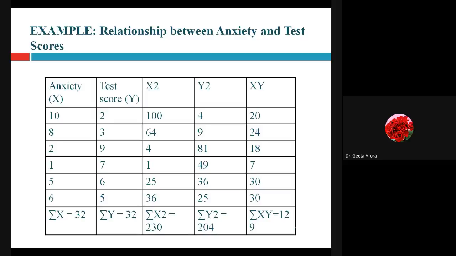Now the next example we have in front of us is to find the relation between anxiety and test score. I think all of us are aware that whenever we have to attempt any test, our heartbeat goes faster compared to the normal one. And there is some anxiety factor, we are getting nervous, we are feeling more thirsty, and all these factors come in. Okay?